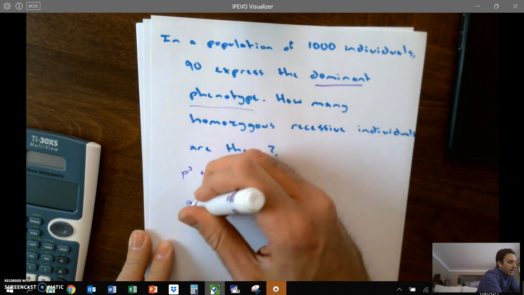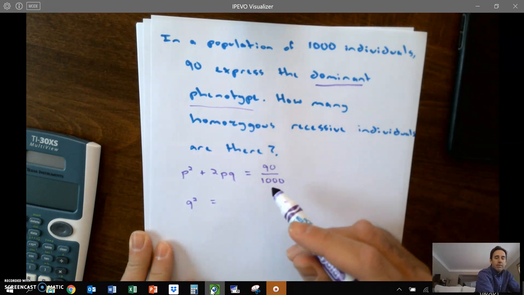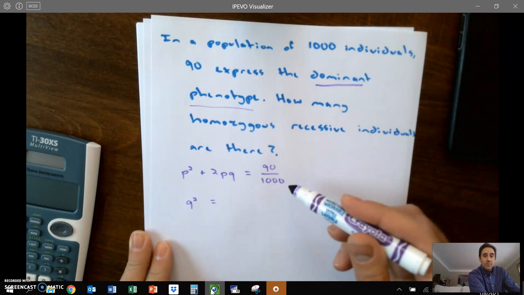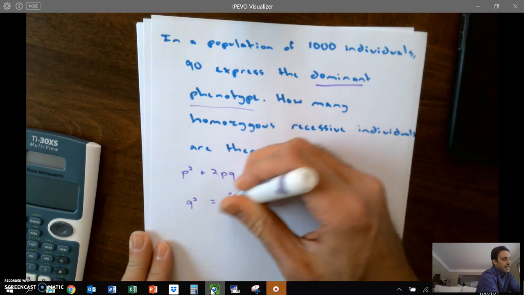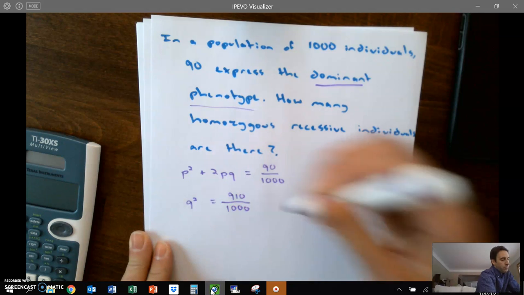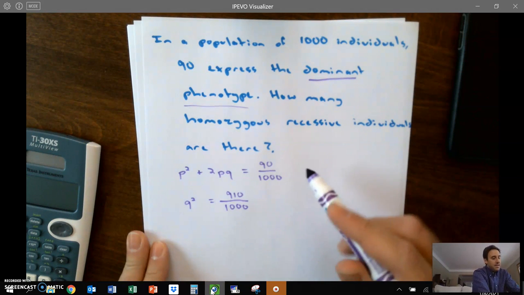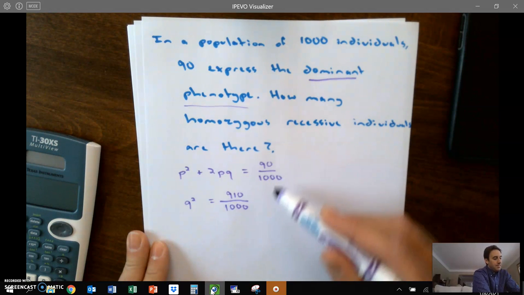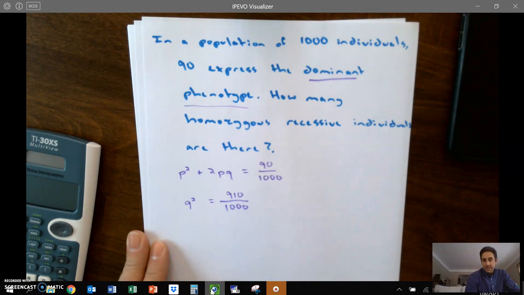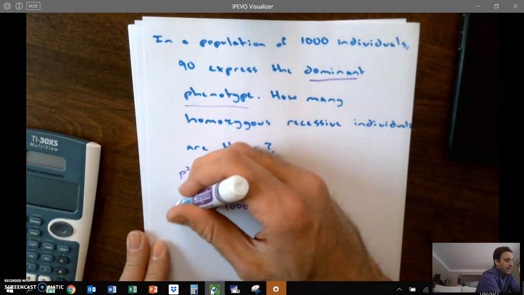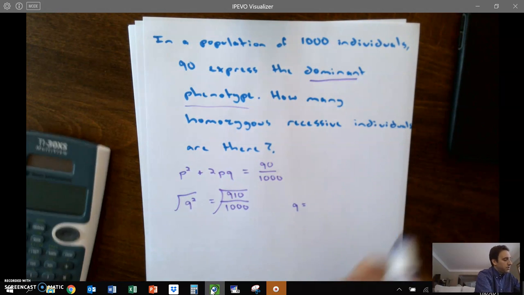So I'm going to say, all right, well, if p squared plus 2pq is equal to 90 over 1,000, then q squared must equal 910 over 1,000. In other words, if 90 of the individuals are dominant, the other 910 of those 1,000 must be recessive. So at this point, I again do my square root thing, and I find that q is equal to,